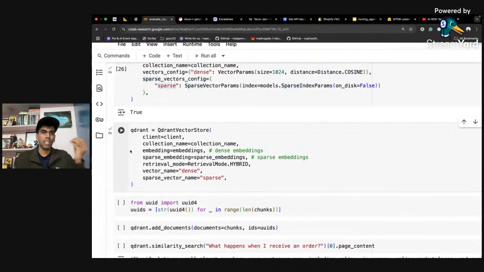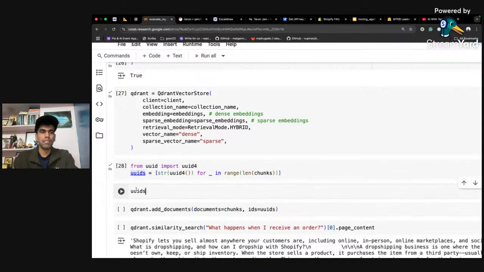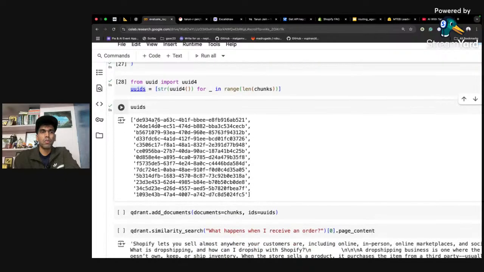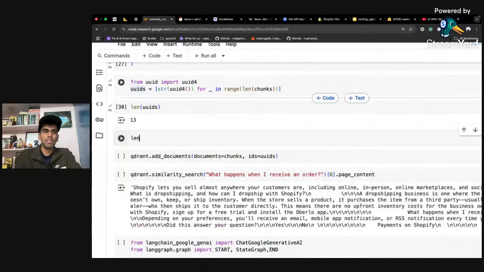You just have to save your chunk data. And here I'm creating some random UUIDs. So if you print UUIDs, you have some IDs. These are the unique identity tokens. So usually when you are building any vector databases, right, you have to define a payload. So for payload, you have to have a unique identity for each data, right? So here you have total length of UUID. If you print, it should be 13. If you print the length of chunks,